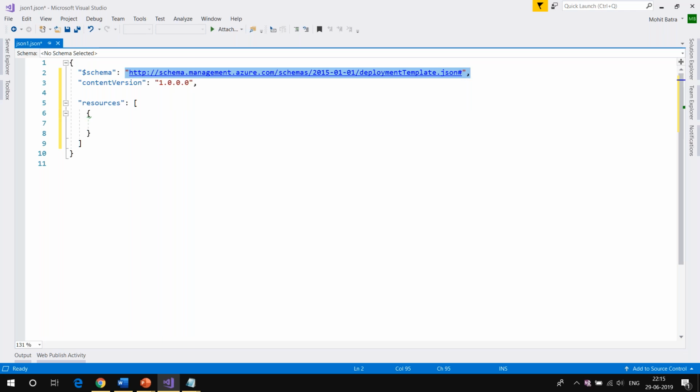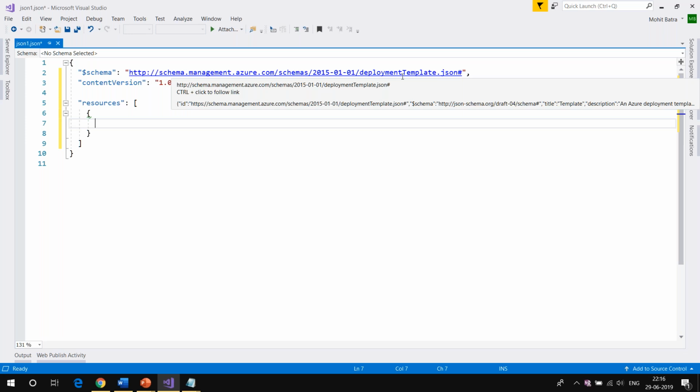Okay, and Vaishnavi is saying these parameters are from the auto-generated template. I'm not sure, Vaishnavi, if you're talking about this one or in the portal. If you're talking about the parameters in the portal, right now we are just starting from a scratch template. Yes, you're talking about the portal. Now in this particular schema, or in fact in this JSON document as well, we are going to create parameters.